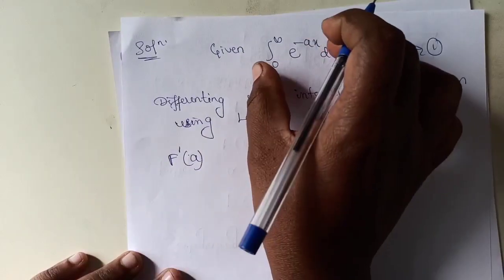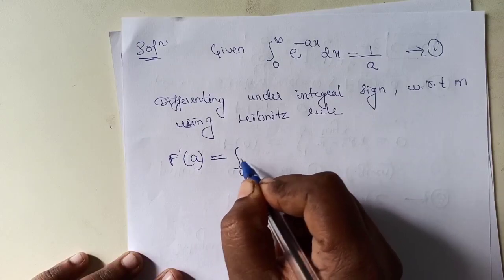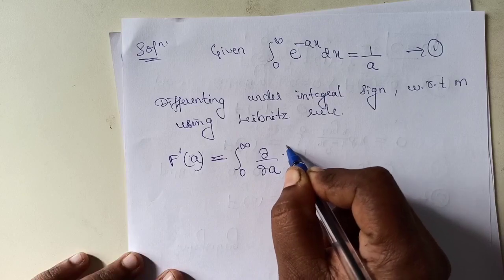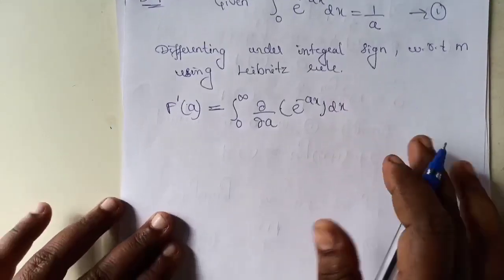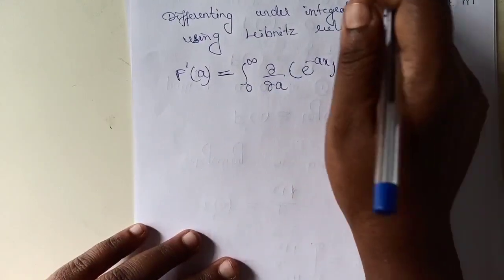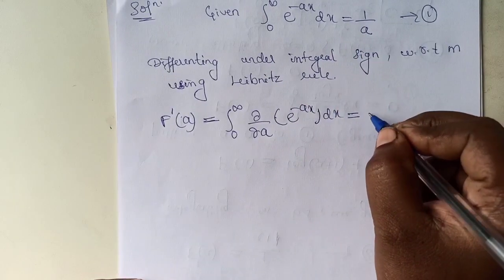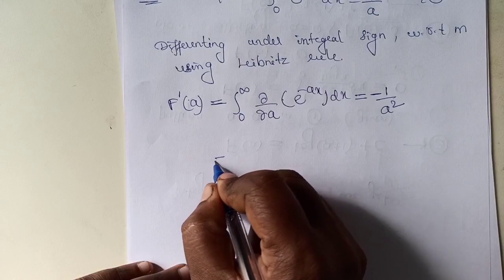The differentiation is given by Leibniz rule as integral 0 to infinity dou by dou a of e raised to minus ax into dx. It is given by 1 by a, so the differentiation of this one is minus 1 by a square. Further simplifying this one, we get